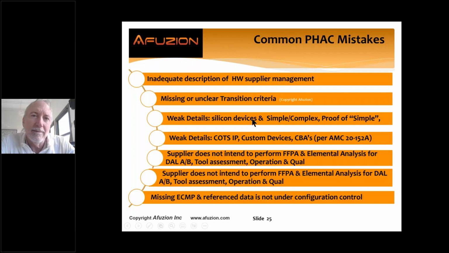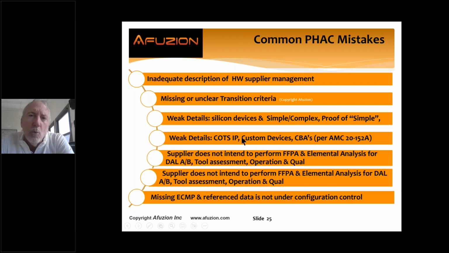Are you using CAS30? Not anymore. AMC 2152A? Ooh, is it really simple? Is it asynchronous? Does it have staged? Ooh, stages, internal logic. If it's simple, we don't care about the process. All devices that are simple are automatically DAL A, but increasingly it's hard to prove simple because it's not. If it's programmed, probably it's complex, unless you can truly, with evidence, prove all foreseeable circumstances we covered.